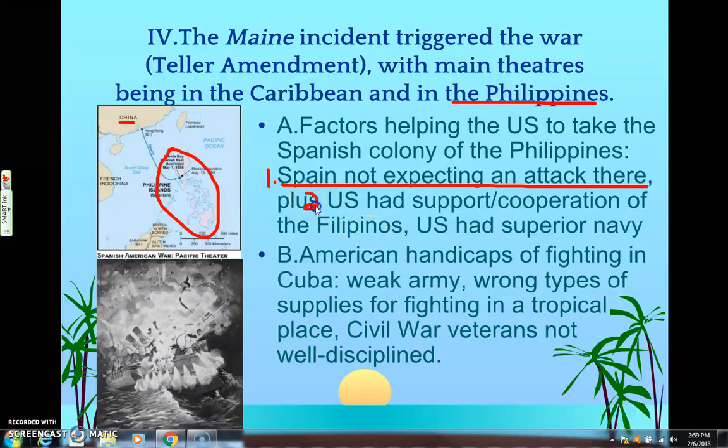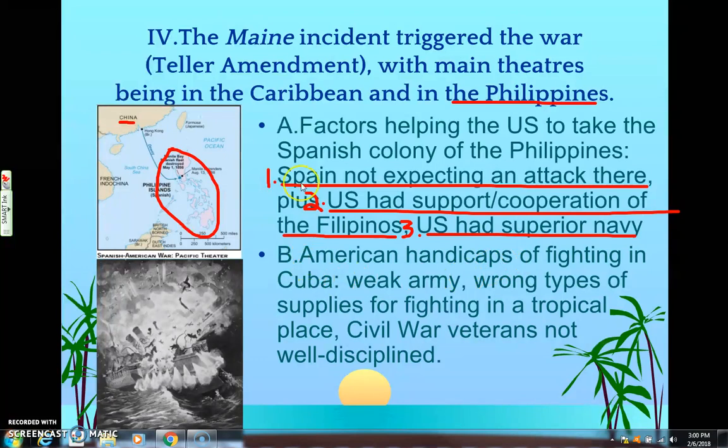Two, and this is going to become important later, we had the support and the cooperation of the native Filipinos. This guy named Emilio Aguinaldo is going to support the American cause because they feel like they're going to be liberated by the Americans. And the third point is that we have a superior navy to the Spanish. The Spanish give up pretty quickly in the Philippines. There's not a ton of battles against the Spanish that take place in the Philippines, at least nothing that we're going to